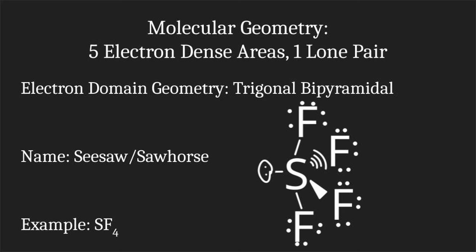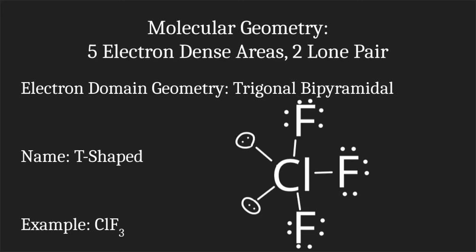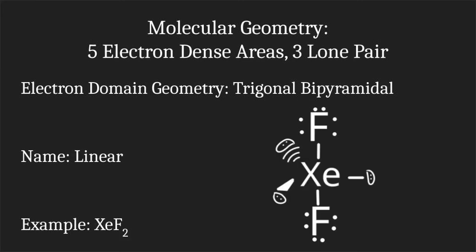Now we are going to discuss the 3 possible molecular shapes when there are 5 electron-dense areas and some of them are lone pairs. So remember for all of these that our electron domain geometry will be trigonal bipyramidal. So, as is the case in SF4, when there is 1 lone pair, the molecule will take a seesaw or a sawhorse shape. If there are 2 lone pairs, such as in ClF3, the molecule will take a T-shape. And then lastly, if there are 3 lone pairs, as is the case in XeF2, or xenon difluoride, there will